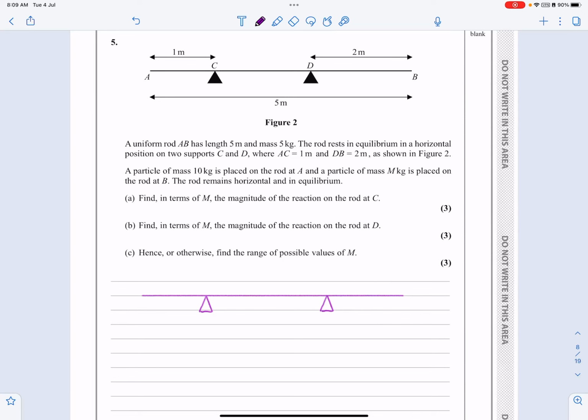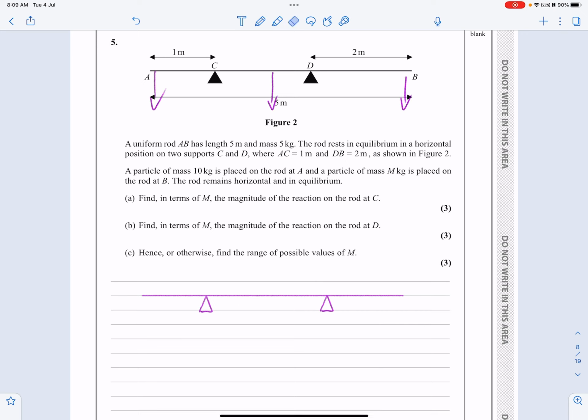Okay, this is the M1 paper from May 2022. Question number 5, and as you can see by looking at it, this is going to be a moments question. What you'll also notice is that I've started the diagram down there just to save myself a little bit of time. I always think it's important to redraw these diagrams out rather than trying to put various different bits of